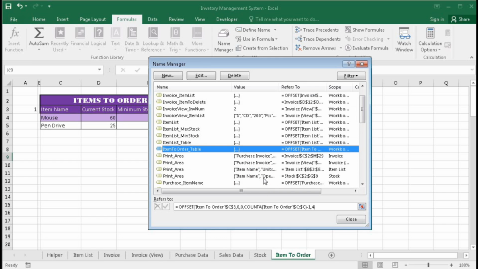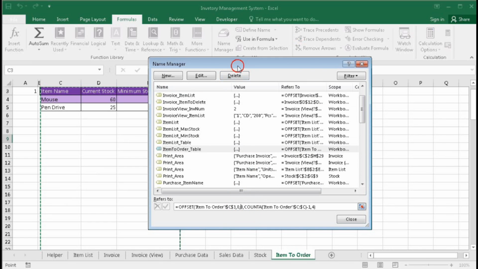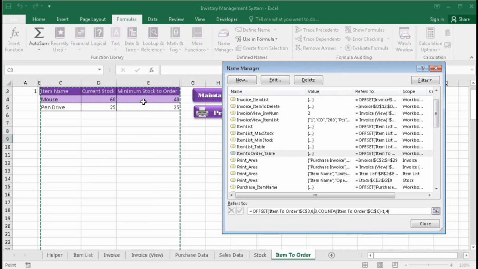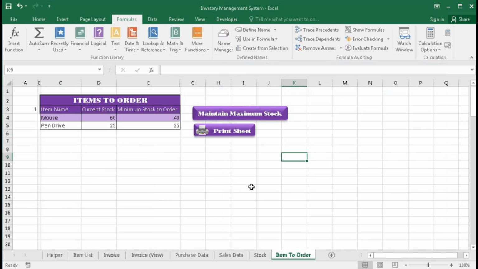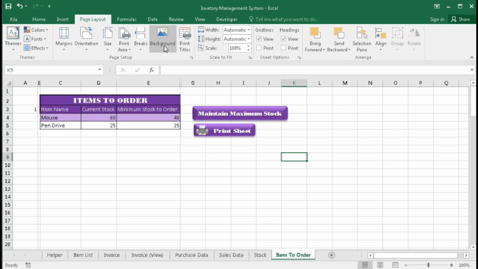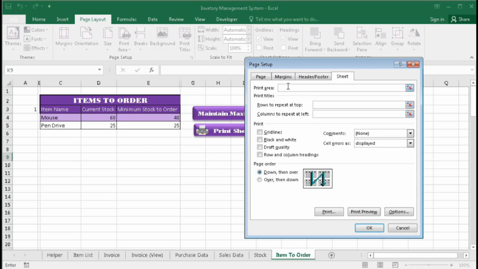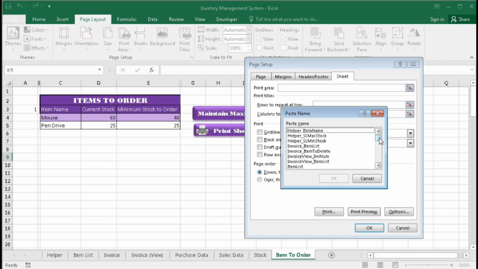So okay, you can see it is selected here, but this side you have to use COUNTIF again, and here it should be comma within quotation star question mark. Okay, close. Now we'll set the print area, so print title, press here F3, and item to order table.